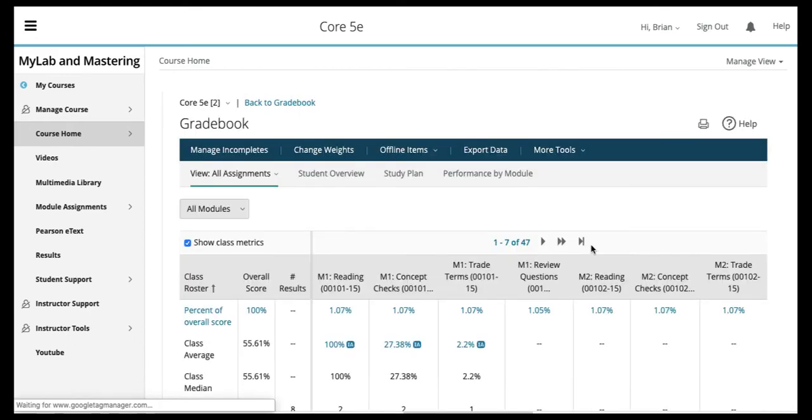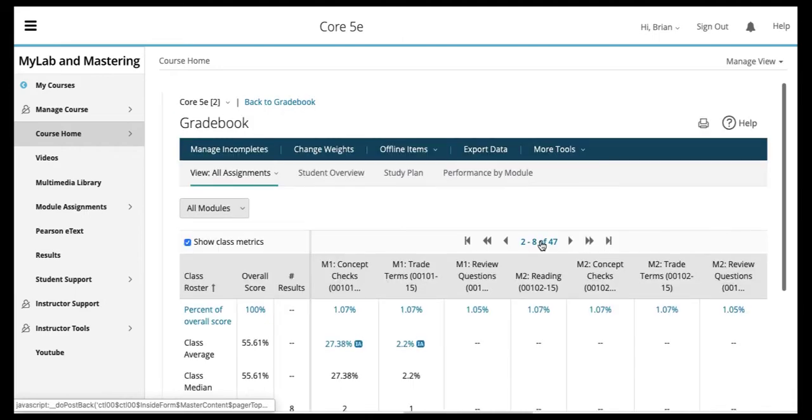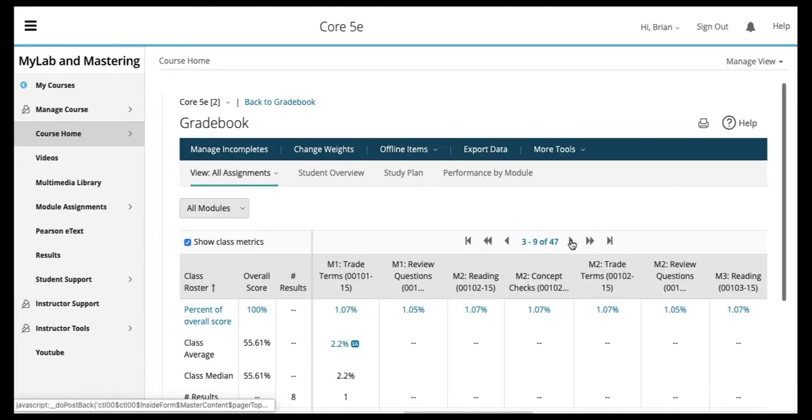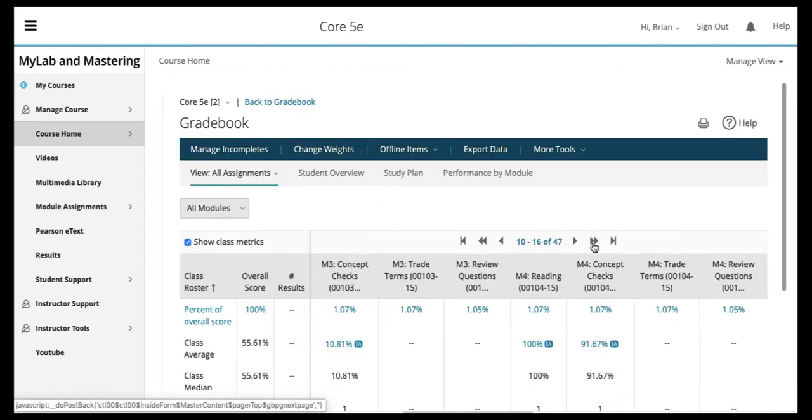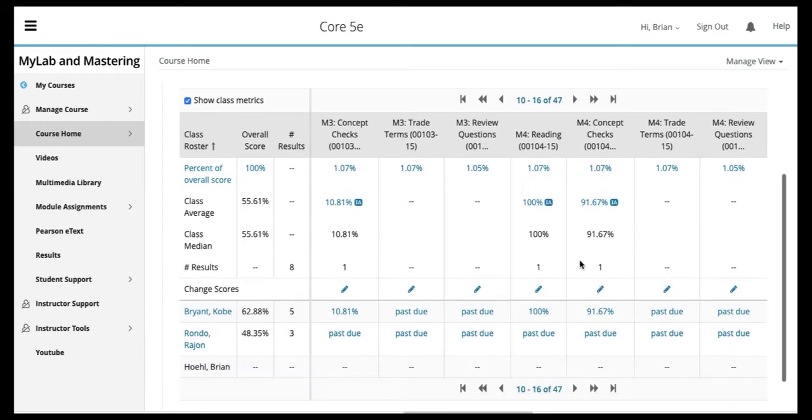And I'm going to jump to the beginning of my class, and I know Module 4 was the last module that I had practiced here. I'm going to show you what Module 4 looks like. Here you can see Module 4 reading, concept checks, and trade terms. You can see my reading, I have 100%. My concept checks,